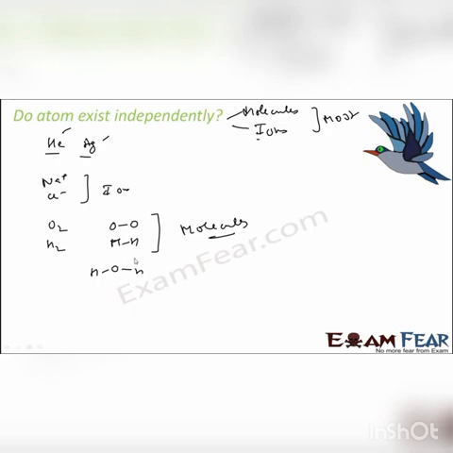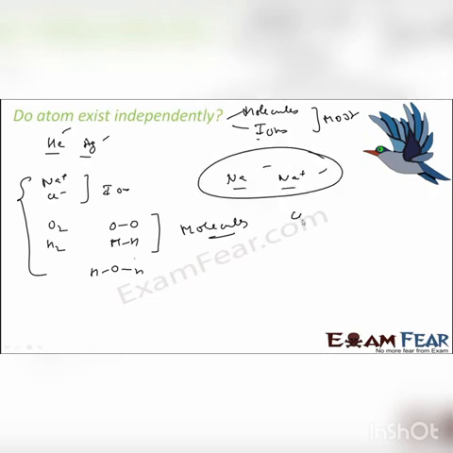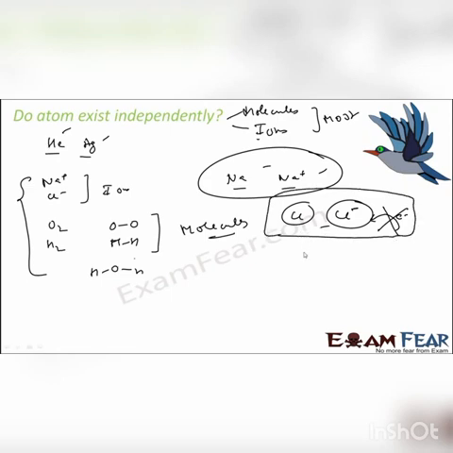Why? We'll study all about these in higher classes when we talk about the stability of ions. Why a sodium atom is not stable but a sodium ion is stable. There are scientific reasons for this. Why a chlorine atom is not stable but a chlorine ion is stable, that too with a negative charge. Negative charge means it has taken an electron. For now, I'll leave it. Maybe in the next chapter we'll touch upon these a little bit, but in the higher classes you will study about these things.